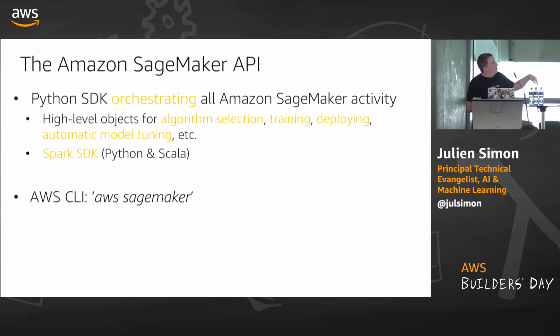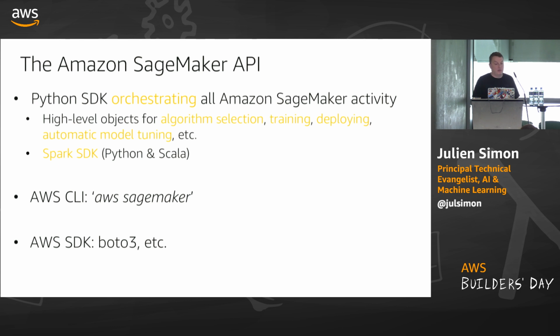Of course, you could always rely on the AWS SDKs. These are the API level SDKs available in the command line interface or in all the language SDKs, so Boto 3 for Python, etc. These are, I would say, low-level APIs. For experimentation and notebooks, I'll definitely use the high-level SDK because it's so convenient. For production, automation, infrastructure level work, where you want fine control, probably the lower level SDK